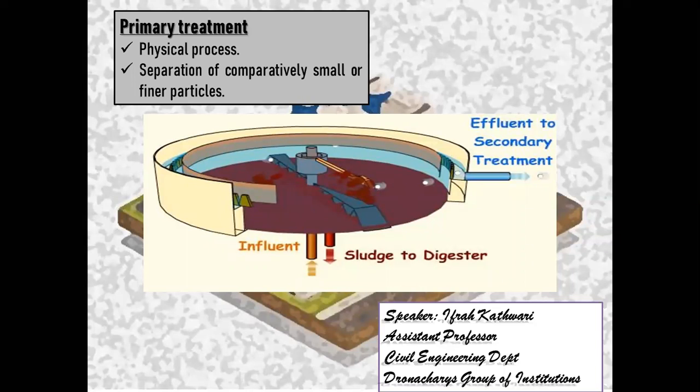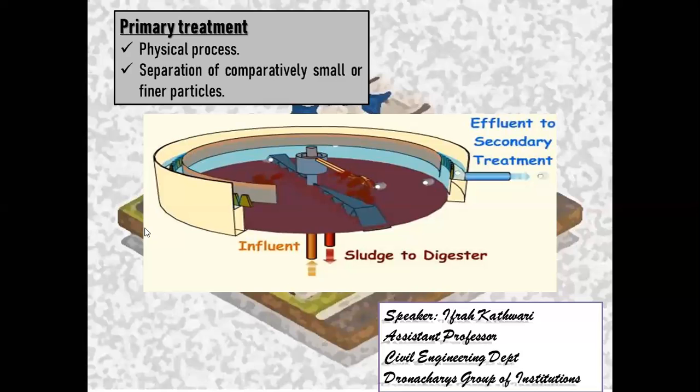What we have in primary treatment are the primary sedimentation tanks or settling tanks, wherein these fine particles, which are relatively finer than those coarse particles that were already removed in the preliminary treatment, are settled down in this primary sedimentation tank. Then the sludge that we get out of this wastewater is sent to the sludge treatment area, wherein it is further treated and that can be used in some other purposes also. So yes, this is what happens in the primary treatment.